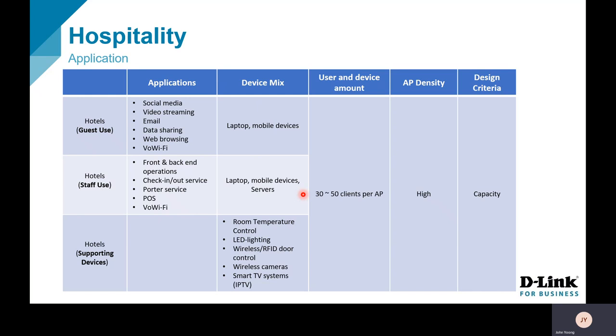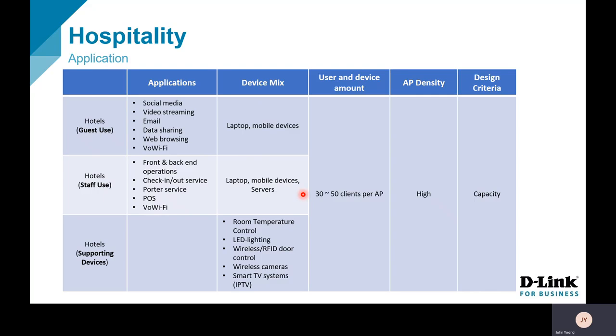Just take note for hotels, the rooms on one floor, a lot of rooms together. If you want to place one AP to cover the whole area, it's impossible. So the AP density will be very, very high. You need to put a lot of APs to handle the capacity for each floor of the hotel. So not just that, remember for the wireless, we also can provide support for devices like your room temperature controls